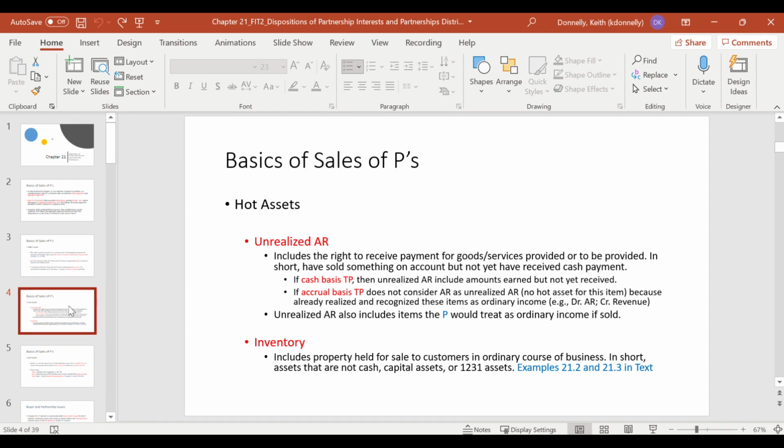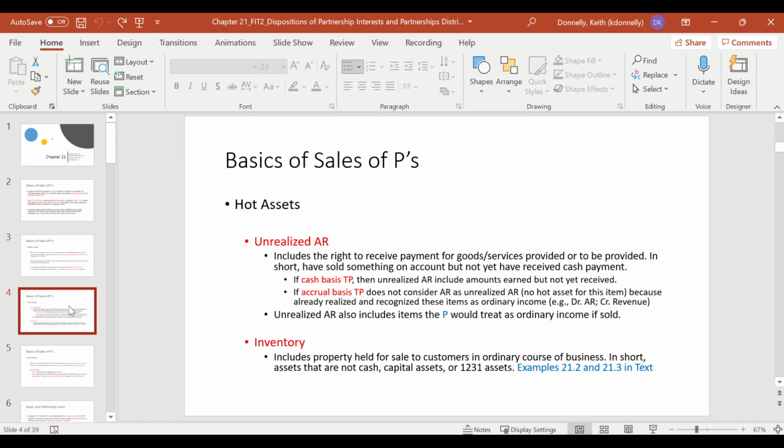So accordingly, when we're looking at this overall framework of selling your partnership interest, some of the gain is generally going to be capital. Some of it is going to be ordinary if it's attributable to hot assets, namely items within the business that would produce ordinary income. Well, then a partner in a partnership that's a cash basis taxpayer that had an unrealized